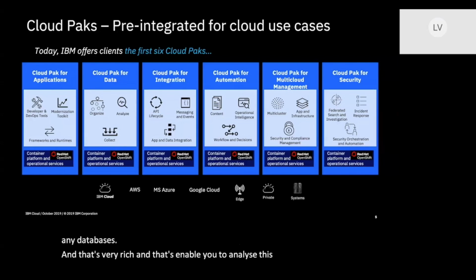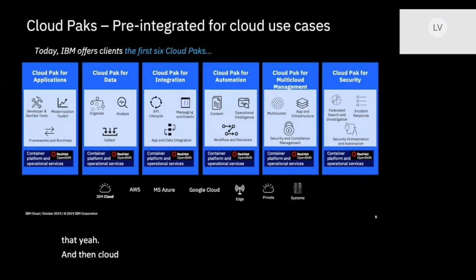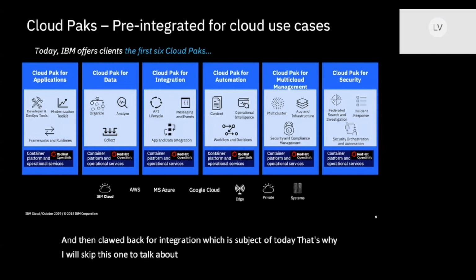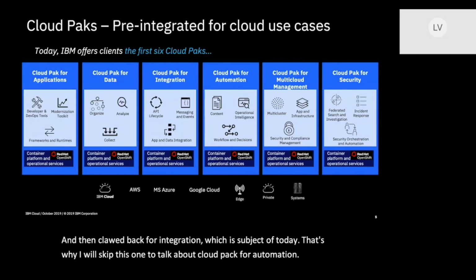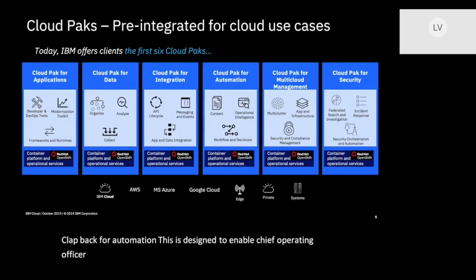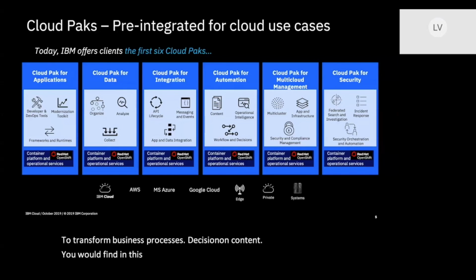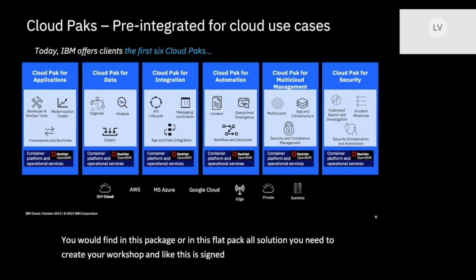And then Cloud Pak for Integration, which is the subject of today. That's why I will skip this one to talk about Cloud Pak for Automation. Cloud Pak for Automation, this is designed to enable Chief Operating Officers and operation execs to transform business processes, decisions, and content. You will find in this Cloud Pak all the solutions you need to create your workflow, and like this, assign the right task to the right person, providing the right things